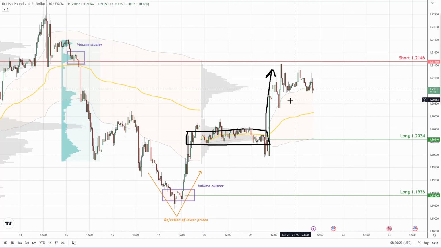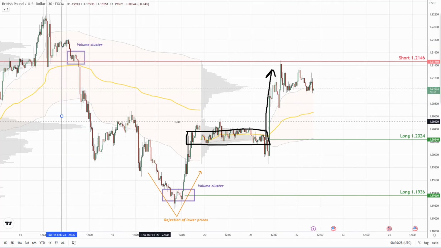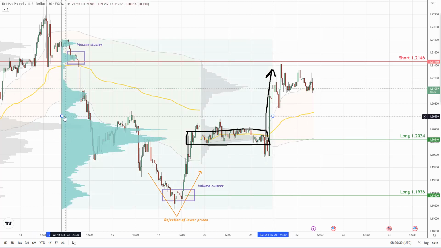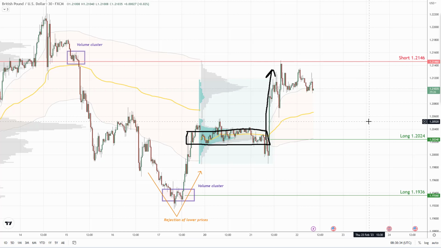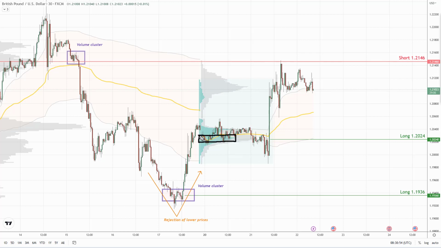Ideal way to do this is to use my flexible volume profile indicator. I coded this indicator for various platforms. Right now I'm on the TradingView platform, so I'm going to show you here. And you want to see how the volumes were distributed here before this strong up move. So as you can see, the heaviest volumes were traded in here,